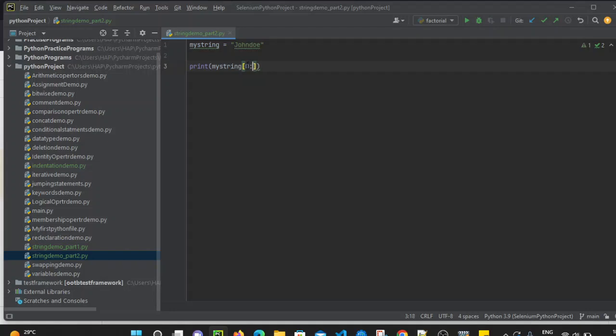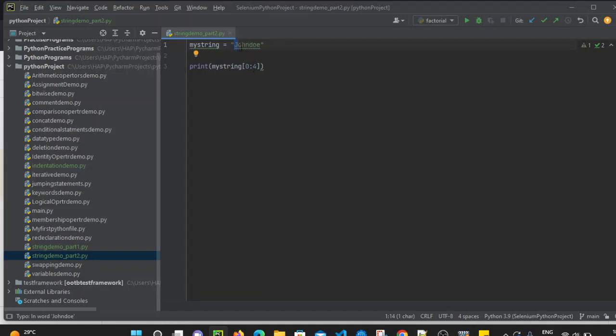Then we have to mention the end point. We want to fetch J, O, H and N, so that is 0, 1, 2 and 3. Up to 3 we want to fetch it, but the end index is always minus 1, so here we have to mention 4. The 0 is the starting point, that is J, and up to 4, where the end is calculated as end index minus 1.